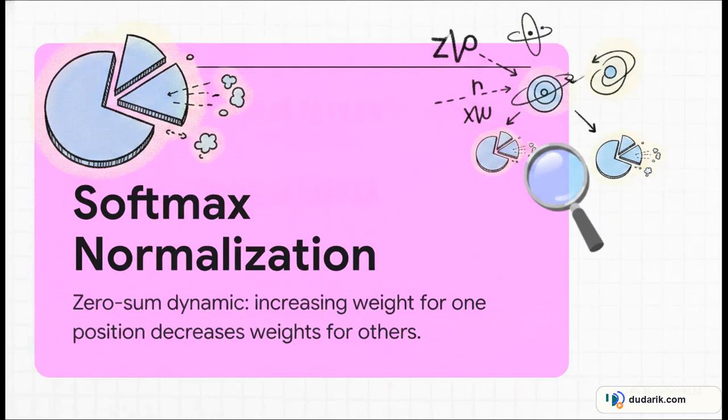So, to appreciate the cure, we really need to understand the disease. Right now, standard transformers hit a wall with something called softmax normalization. Think of the attention mechanism like a pie. Softmax forces a strict probability distribution, meaning it is a zero-sum game. If one token grabs a bigger slice of that pie, the other slices literally have to shrink. It's great for local focus, sure, but it completely blocks true, explicit coordination between different positions in a sequence.